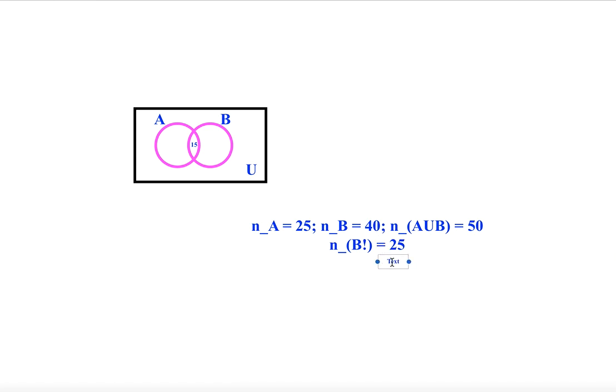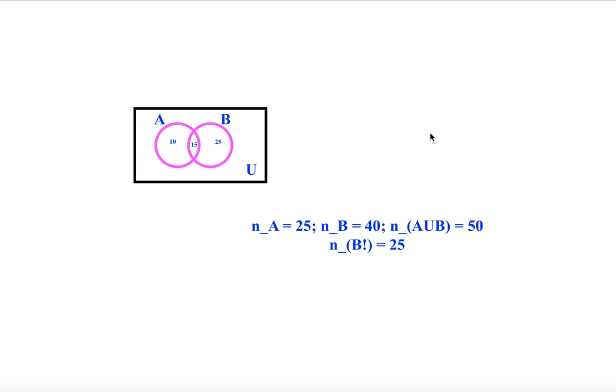Then n of A is 25. 25 minus 15, how much? 10. Yes. Remaining thing you have to write, right? What about the B part? 40 minus 15, 25 perhaps. Up to here it is clear. Everything is fine. If you add them up, you should get 50. 25 plus 15, 40. 40 plus 10, 50. Okay, there is no problem then.